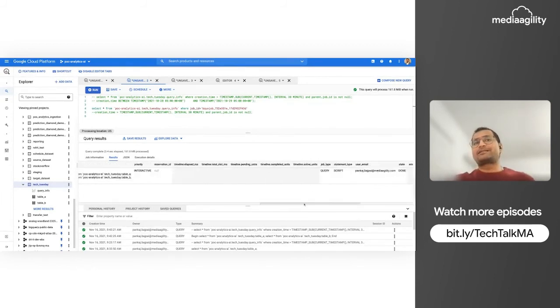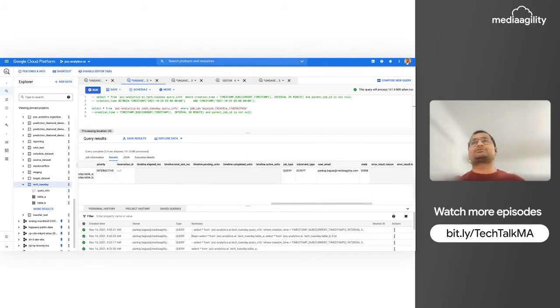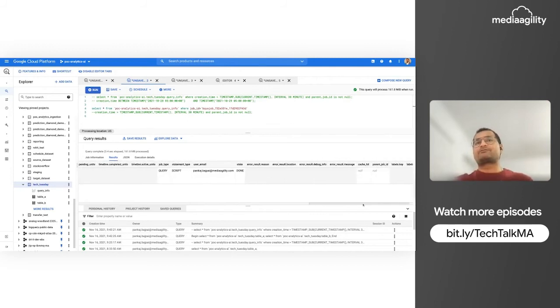No. All this information, if the query gives errors, like for example, you get a quota error, you get an exceeded rate error, all these things you can find out in this error. And you can find out that, yes, because of this quota, my query is failing. If you run it manually now, maybe it's not meaningful, because you'll get the error and you'll come to know. But think from an application perspective, when you are running behind the scenes and you don't have any control over seeing that, you have a log, you got the error, and now what do you want to do with that. That's where this table will work.